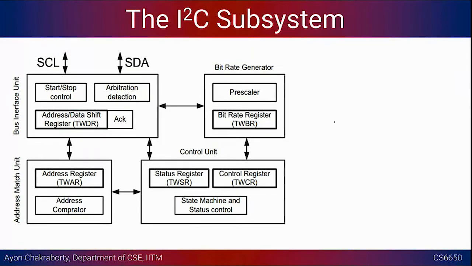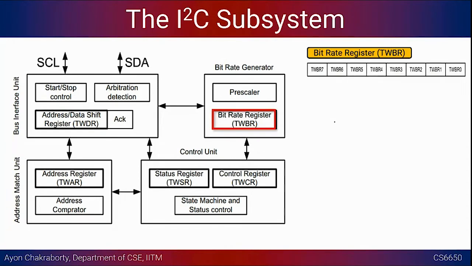So this is how the I2C subsystem looks like. Again, as I told you a few minutes back, it will have a set of registers, right? This will be controlled by a set of registers, and in this case there are 5 important registers that I am going to show you. The first one: we have a very sophisticated bitrate management system. What will be the speed of the data path to a particular sensor, that we can actually manage, right? So the bitrate register is going to do that,